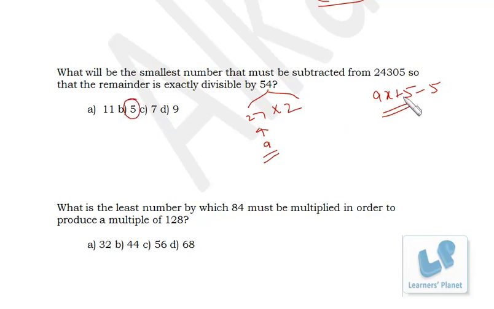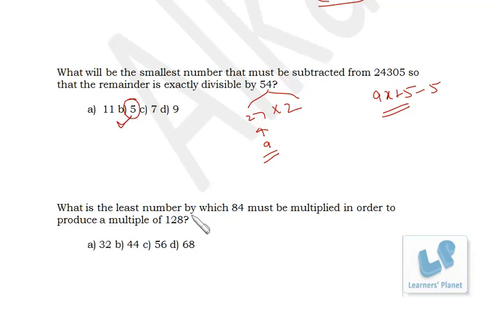Right, so if the number is in 9x plus 5 format, you cannot delete any other number to get a multiple of 9, right? So no need to work till 27. You can eliminate the other options even for 9, right? So if the number is not a multiple of 9, in any case it cannot be a multiple of 27. Okay, so this is the correct choice.